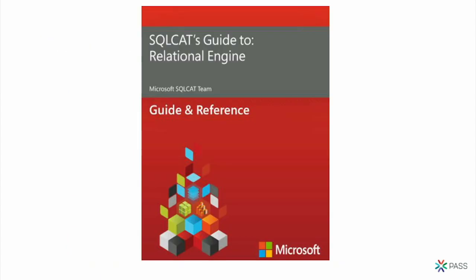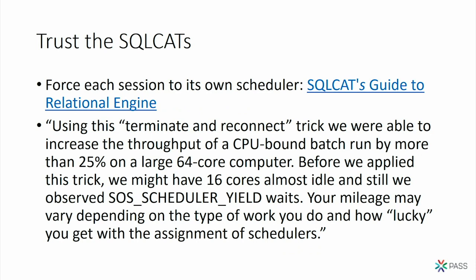We can dust off our SQL CAT's Guide to Relational Engine. These great graphics. I don't know if this is a pyramid or something. I don't know what this is. It talks about large 64-core computers. Remember when 64 cores were large? So it's a little dated. But the essence of this